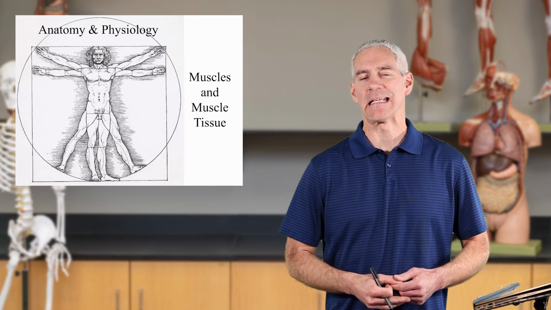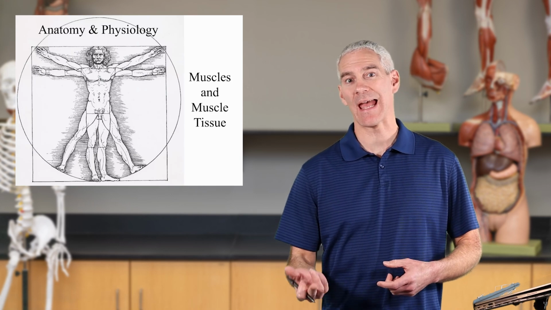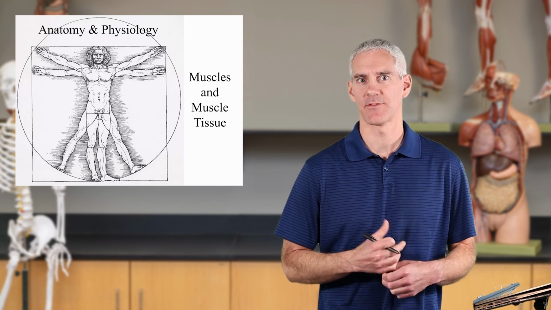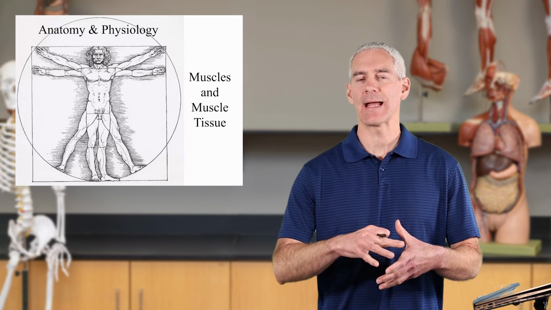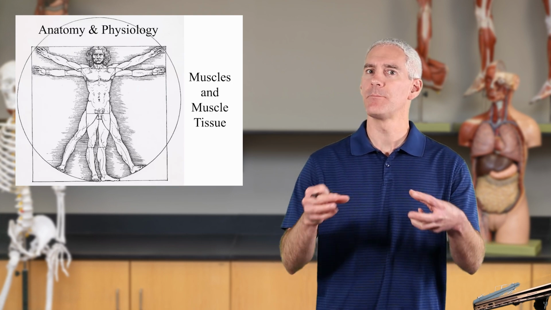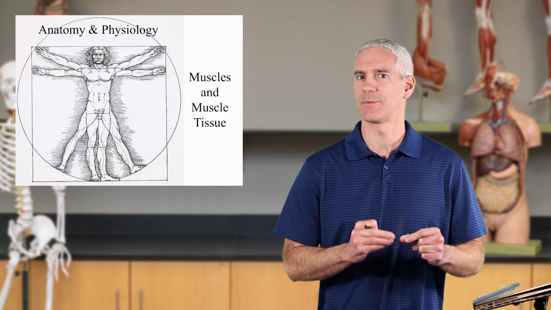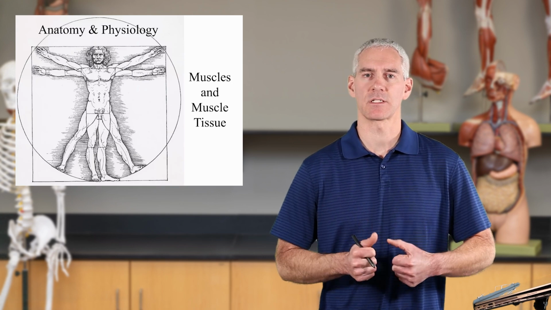To start our journey into the muscular system, we need to look at both the macro and the microscopic aspects of the muscles. To look at the macroscopic, the overall muscle, how does it work? What is it? But also the microscopic, what's inside? What are the fibers? How do the pieces and ions come together to make the muscle contract?